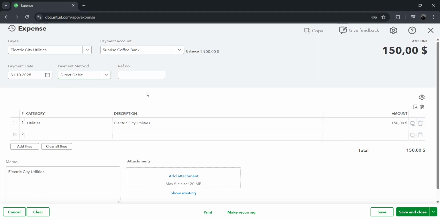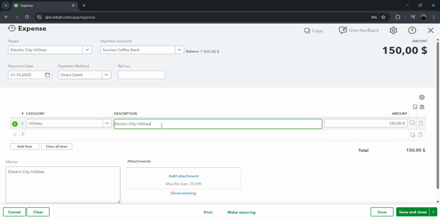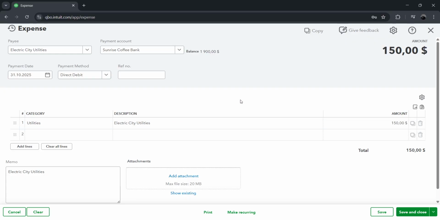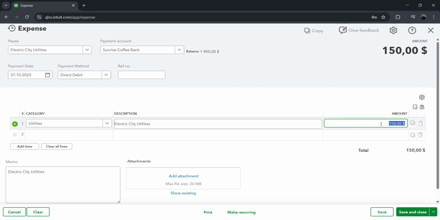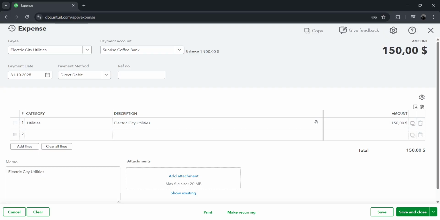Now it's time to add the expense details. Enter a clear description of the expense in the description field so you'll know exactly what this charge was for when reviewing your books later. Then enter the amount of the expense in the amount field. In our example, these fields are already filled out since we selected an already created service, but you can always